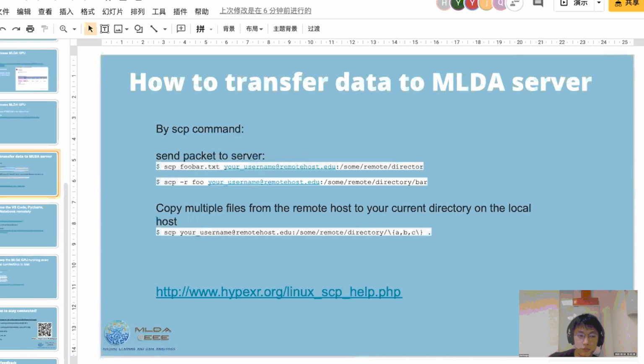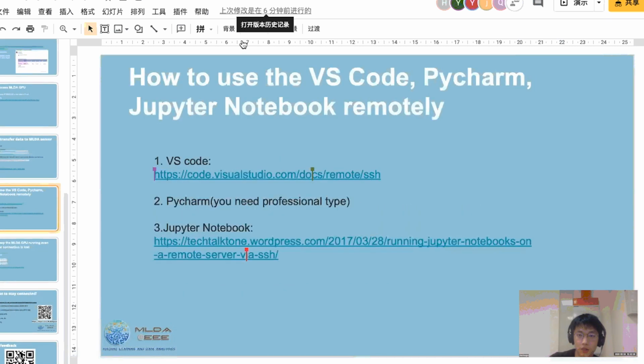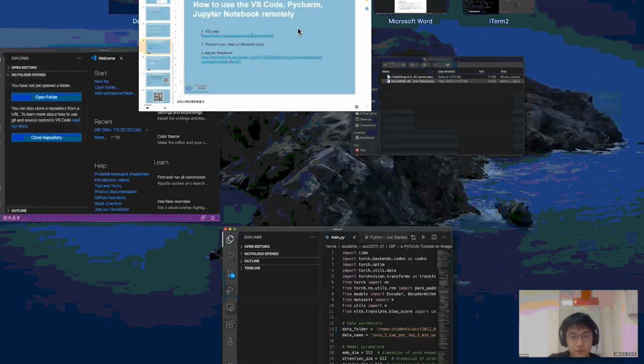But here, because we already have VS Code, PyCharm and Jupyter Notebook, we want to do it more easily, I mean, more user friendly. So what I do is